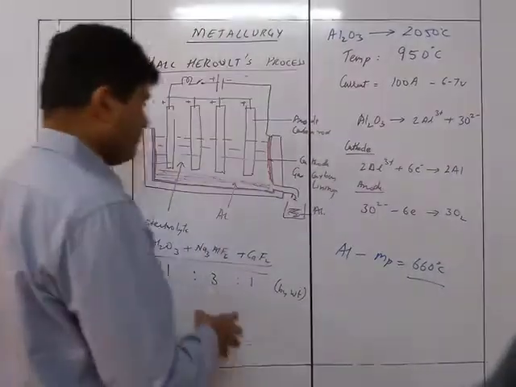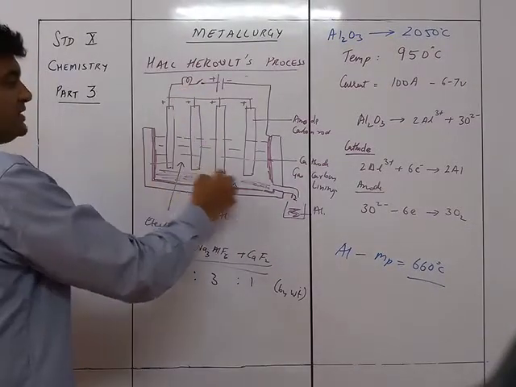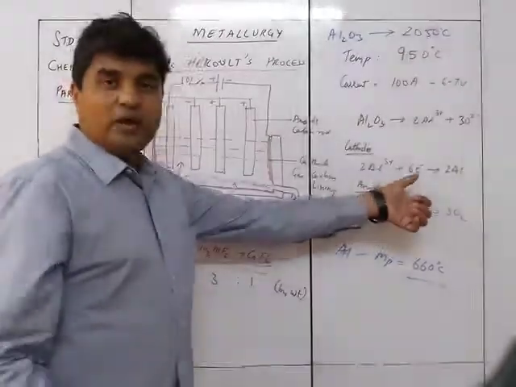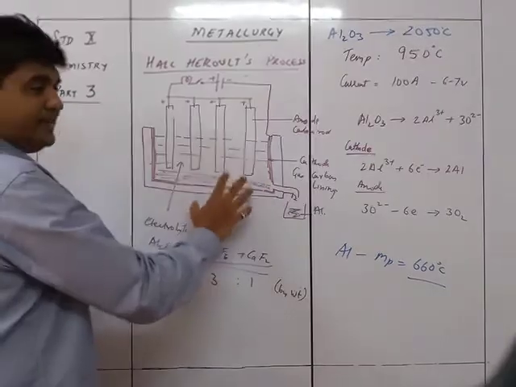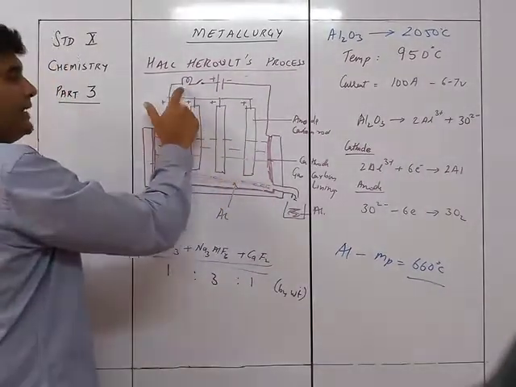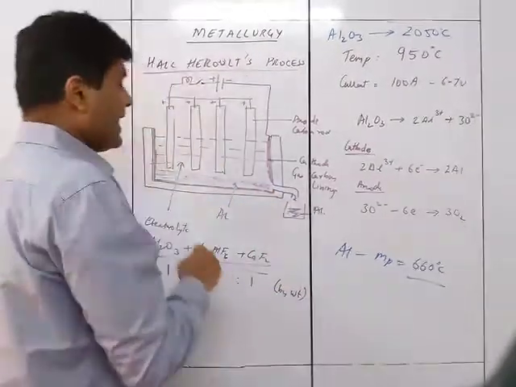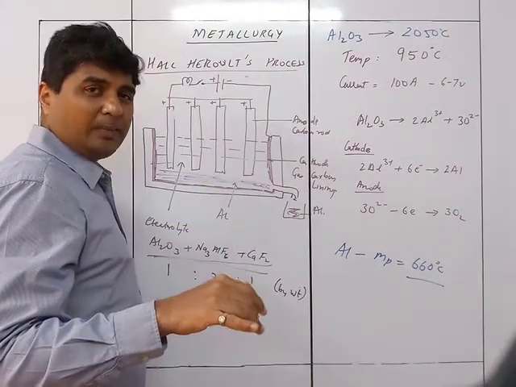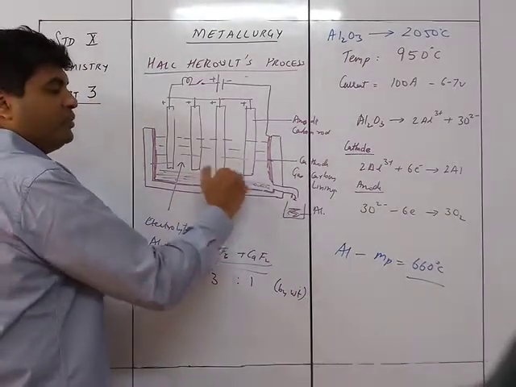So what we see over here is ये bulb रहता है. ये bulb क्या काम करेगा? As soon as the alumina content over here decreases, so that means यहाँ पे aluminum मिलने का बंद हो सकता है. So in such a case, the resistance of this changes, and the circuit is made in such a way that it will glow this bulb. When this bulb glows, that indicates that this particular mixture has got reduction in the alumina present in it. Hence, more alumina is poured in, so that aluminum production is going to keep on continuing.